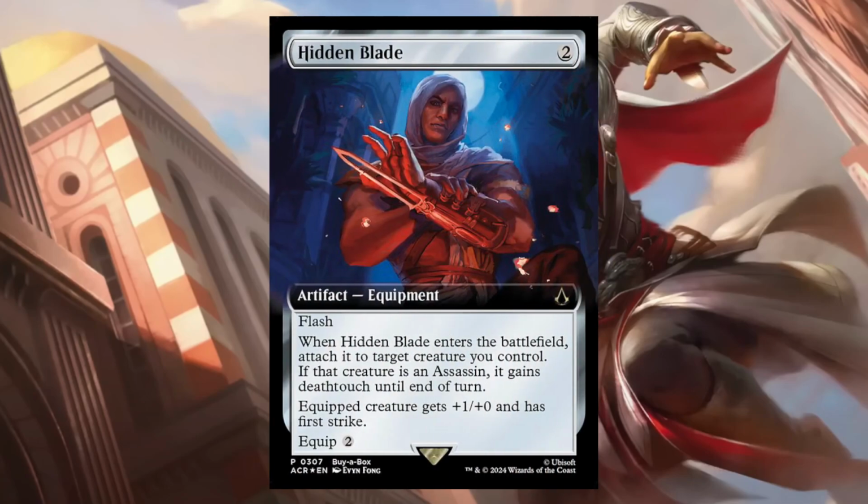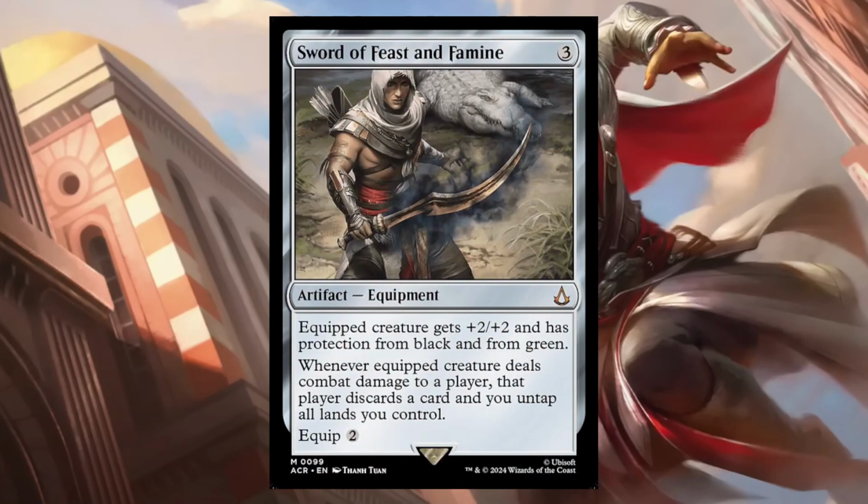But we do have a buy-a-box promo for this set, and it looks awesome. You can see Bayek wielding the first gauntlet. And that's actually really, really neat. I like that a lot. I love that. I love playing that game. And so now we move into